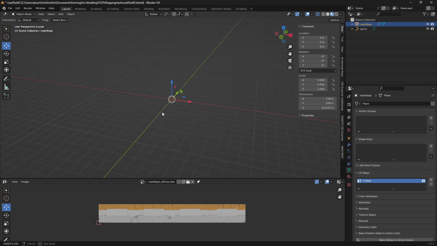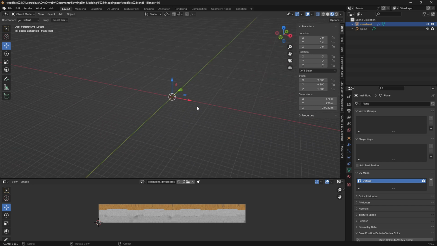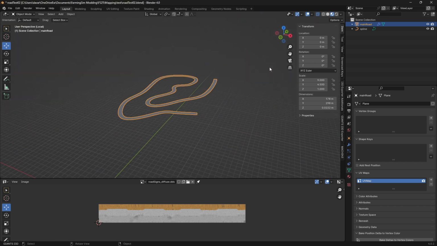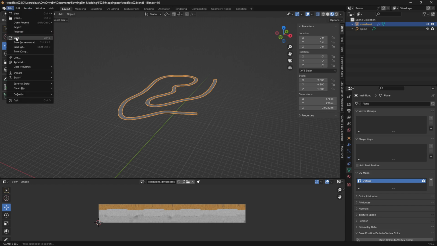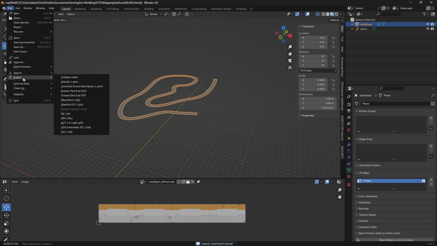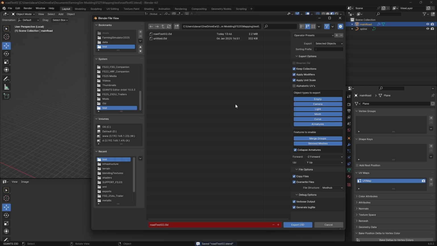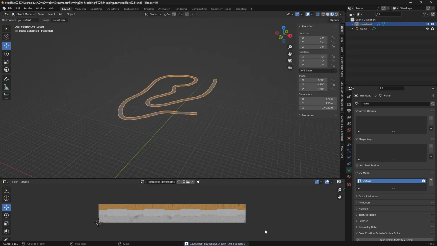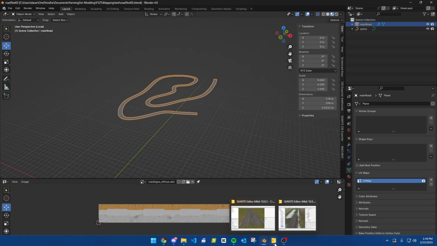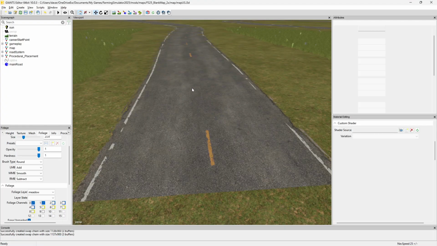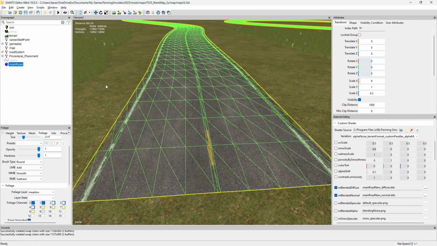And then save that, export it, see what that does. Okay. We come back in here. We'll remove this